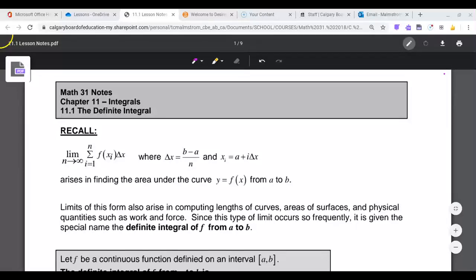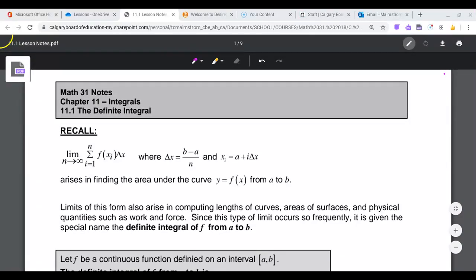Right, chapter 11. So we're going to look at what is the definite integral today. So we do have to flash back to lesson 10.4, which you may or may not have loved. I'm guessing you didn't love it, but recall that the limit as n goes to infinity of the sum from i equals